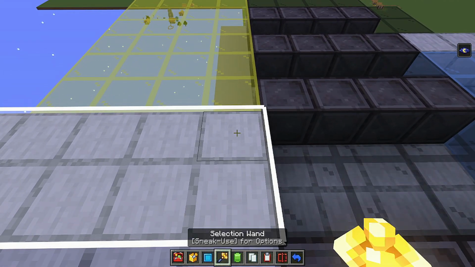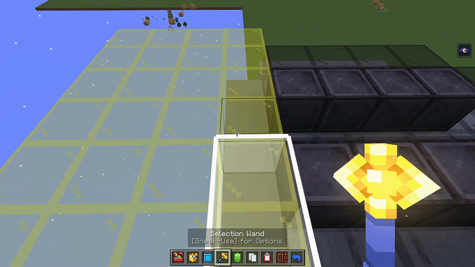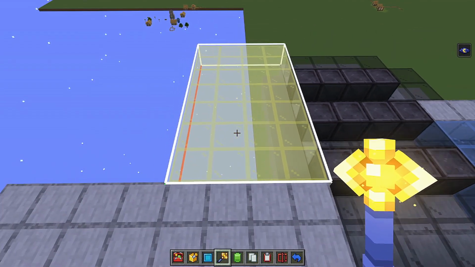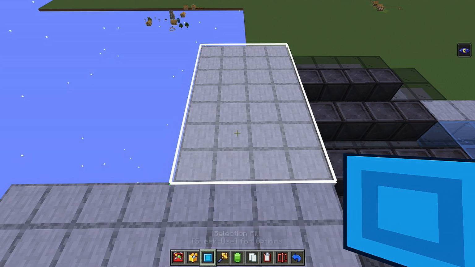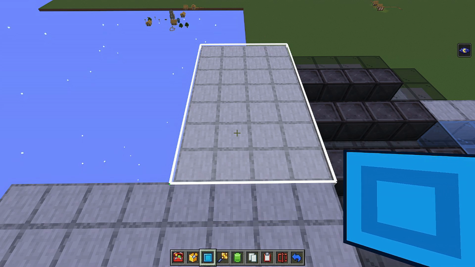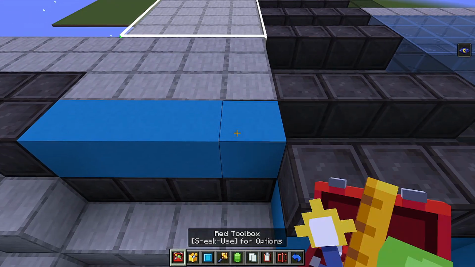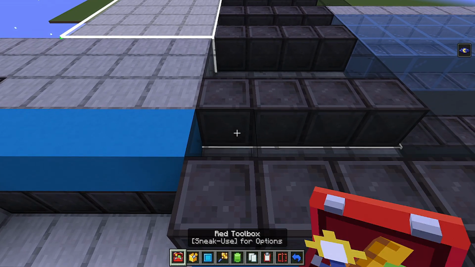Once again, go to the top right, first block, and you're going to be doing 3, 6, 7. Okay, so it's 4 rows of 7 to the left, which comes to 28. Okay, so that's not 7 rows, 4 rows of 7. Okay. So coming to the back here, once again, for the light blue concrete, go to the right by